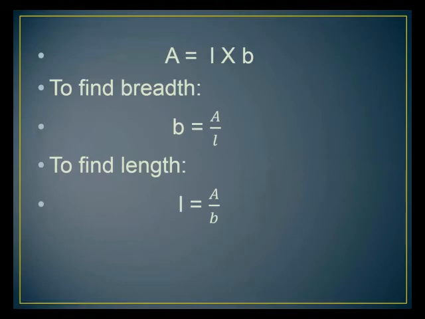As you can see, length and breadth are multiplied with each other, and when we shift one to the other side, we have to do the reverse operation of multiplication, that is division. So here we shift the breadth from one side to the other side, and it will divide the area, and the formula will become length is equals to area divided by breadth. So this is the transformation of the area formula when the breadth is required and when the length is required. So take a screenshot of this slide and we will move further.